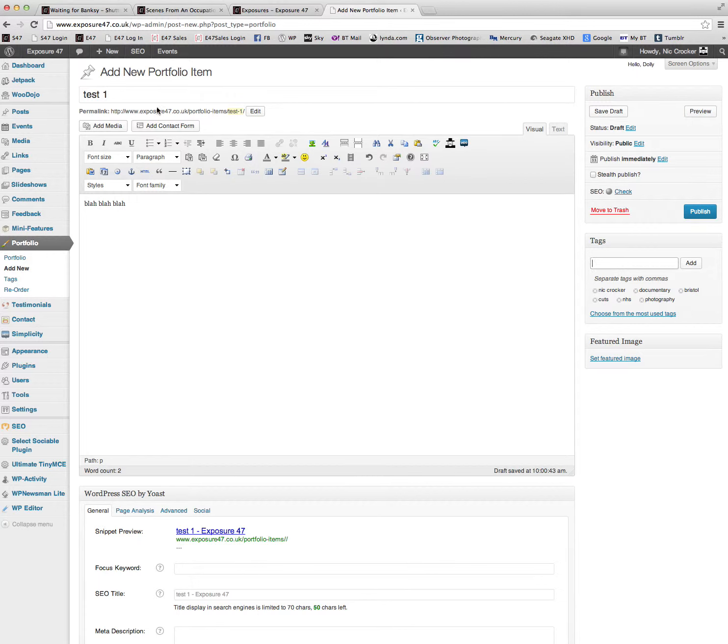Okay then, so having put in our title, our text and tags, then what we'll do is add images. Do not just simply put the images into the text editor or click on Add Media. We use those for gallery and for slideshows. For portfolio items, we need to use the Featured Image tool. So simply click on Set Featured Image,